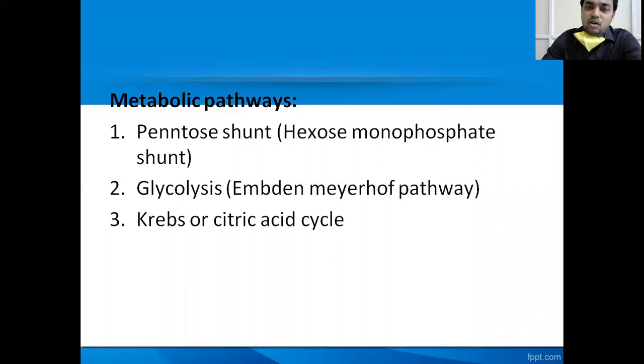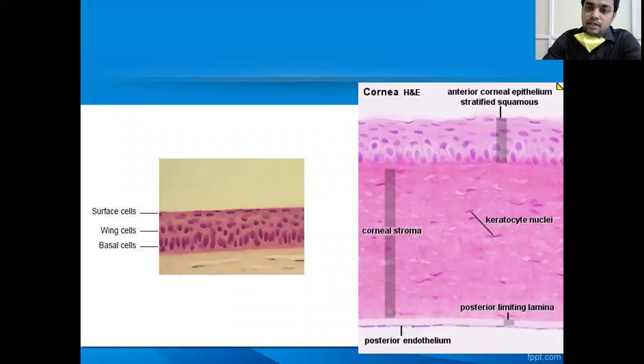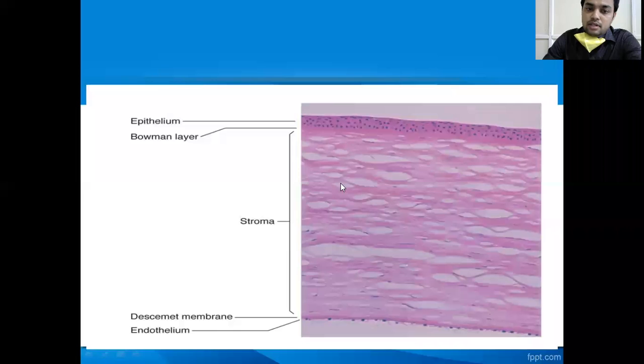So this is about the basic anatomy of the cornea. First, you have to remember the layers of the cornea. It has 5 layers: epithelium, Bowman's layer, stroma, Descemet's membrane, and endothelium. Different layers have different functions. Bowman's layer doesn't regenerate and leaves a scar when it is damaged. Stroma consists of keratocytes, which help in the healing process. Descemet's membrane is a highly resistant layer and the strongest layer. And endothelium has an active pump mechanism which prevents the influx of fluid into the cornea and maintains the transparency of the cornea.